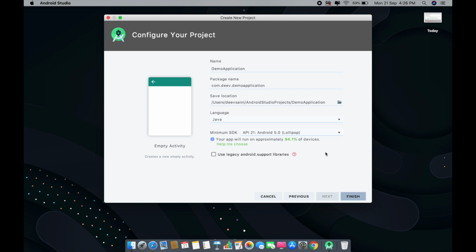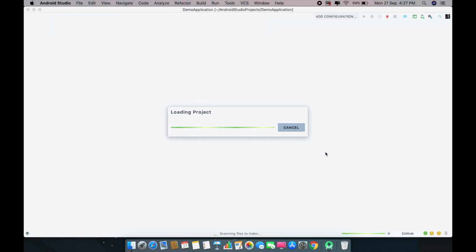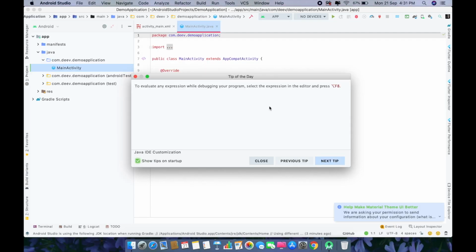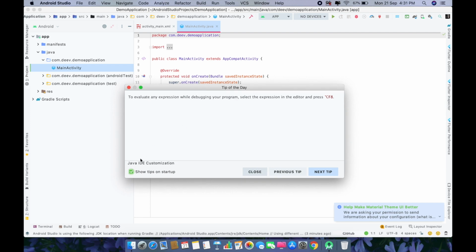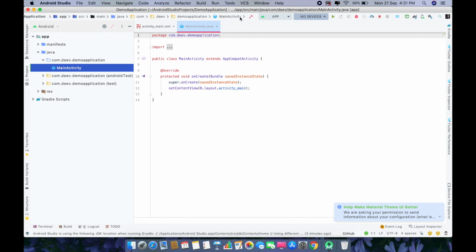Now Android Studio is a pretty heavy application, so it takes some time to build your project. So once the Android Studio has completed building your project, you are going to see some screen like this, where you can see a dialog box saying tip of the day. This dialog box is going to appear every time you open your project. If you don't want that to happen, then just uncheck this box and click on close. I'm not going to uncheck it because I want to learn a new tip every day. So just close it, and then you are going to see some interface like this. It may seem pretty confusing at start, but I will tell you everything that you need to know here.